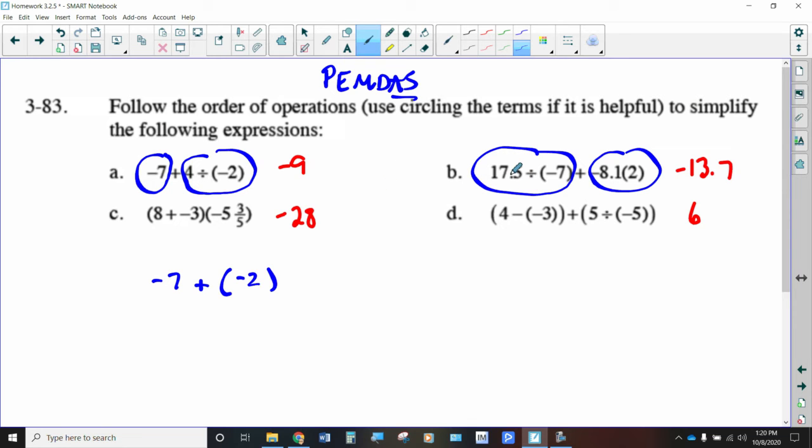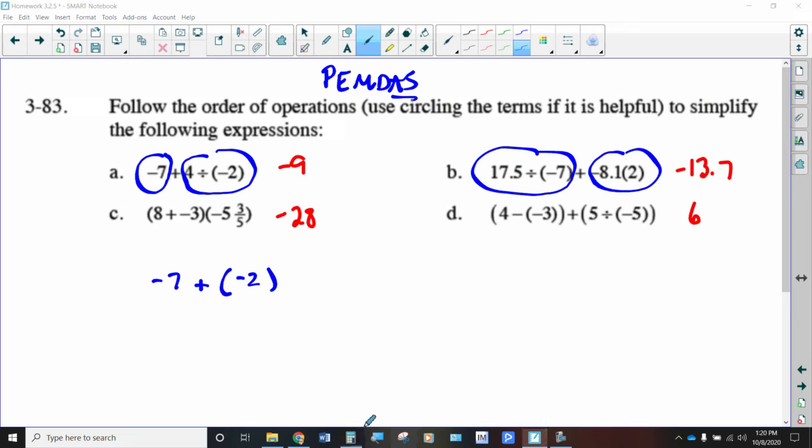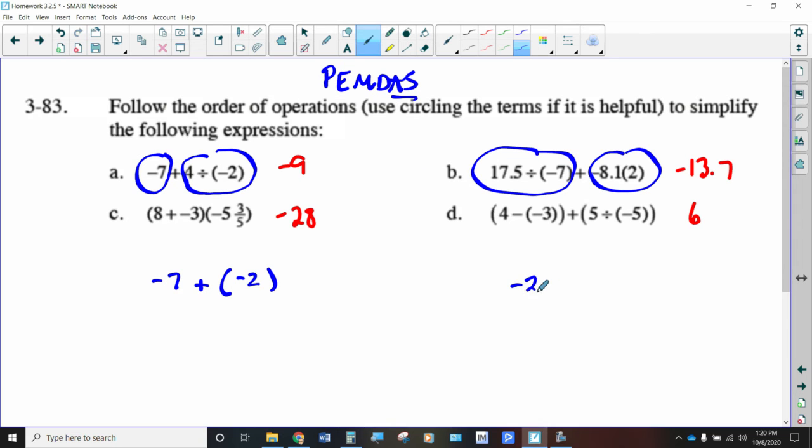So what is 17.5 divided by -7? I don't know, no, I'm not doing that. I'm doing this. I'm going to take 17.5 and divide it by 7, and then change my answer to a negative, since a positive divided by a negative will give me a negative answer. So we know that's going to be -2.5, and then -8.1 times 2, if you double that, becomes